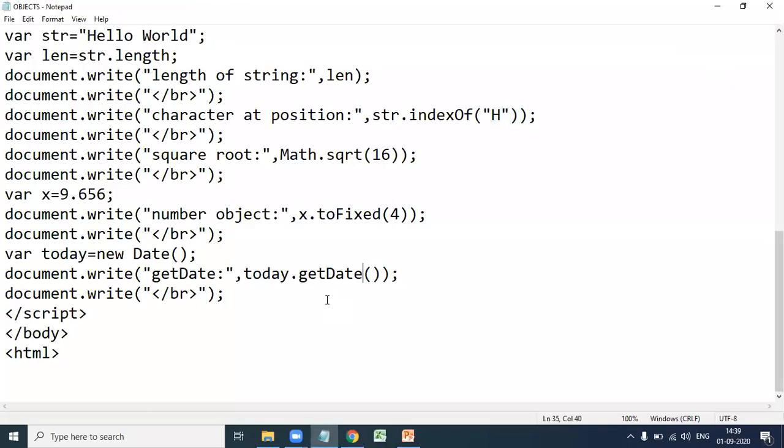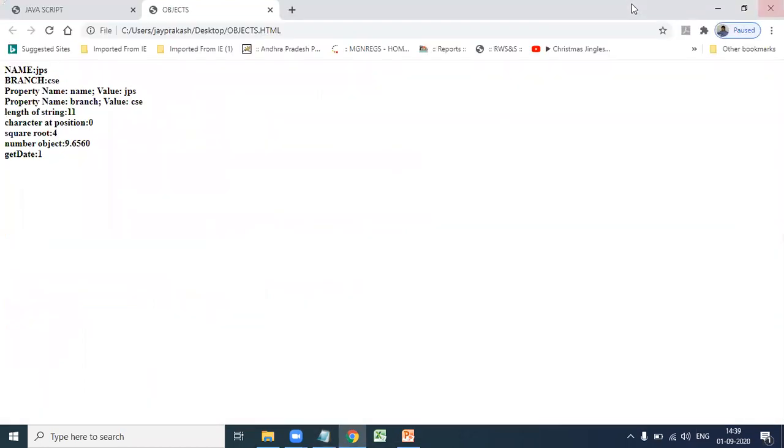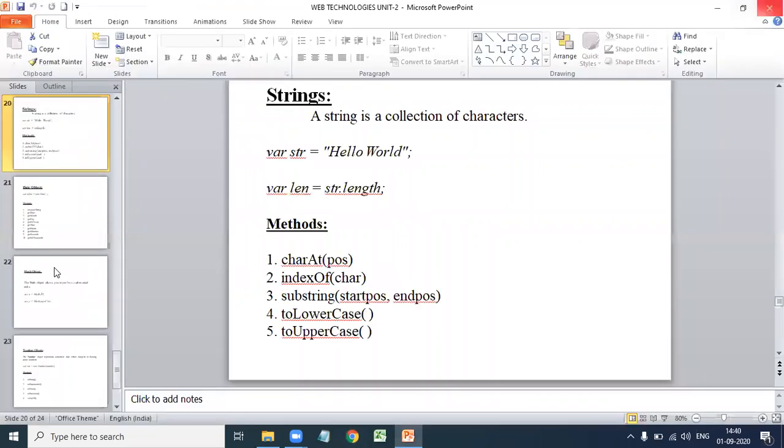Similarly you perform the remaining methods also. Okay, so this is about objects and operators. In the next class we see arrays.